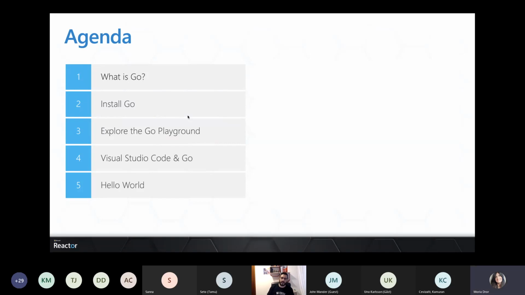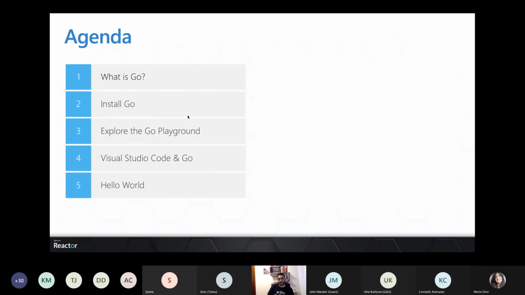I'm using a Mac, and I'm also gonna use a Linux VM in Azure to install Go, so that you can have a different feeling of how this installation process works, and you can see that it is not something complicated, although it's not a typical next wizard that we're gonna be using.